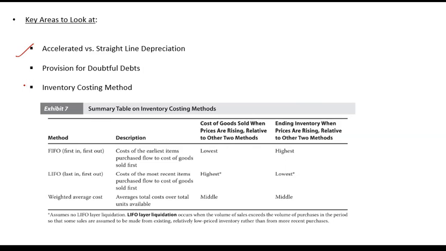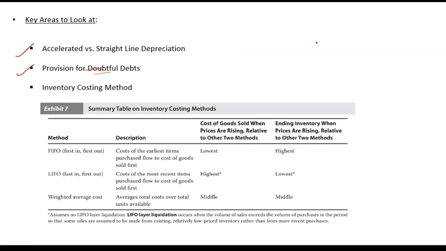Again, when you are analyzing a company, you should look at the differences in method and make the adjustment for those. Second key item is provision for doubtful debt. Provision for doubtful debt again is in significant control of the management, and management is making estimates. So there is a chance that management can easily play with it. An increase or decrease in provision for doubtful debt is charged to the P&L. So if a company wants to save taxes, it may increase the percentage of doubtful debt.